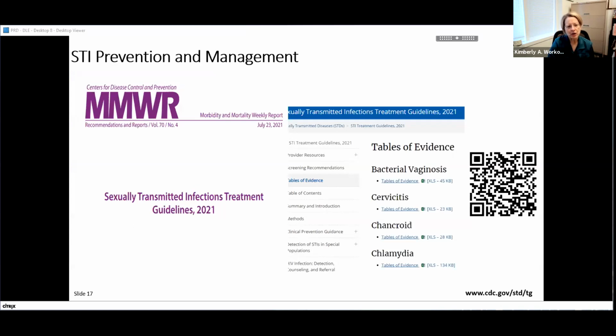What I list for you here is the most recent version of the guidelines, the table of contents. But what I also want to mention is what's on the CDC website: tables of evidence that contain all the Excel spreadsheets that contain all the evidence that drove these recommendations. And then the little QR code is to remind me to tell you about an app that's going to be available soon for Androids and Apple phones